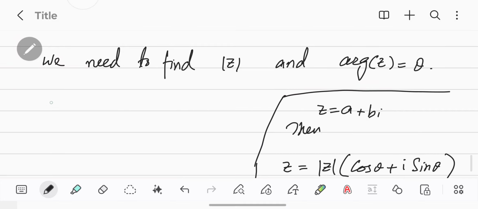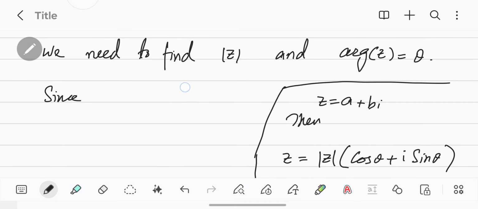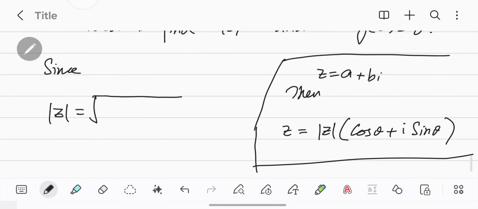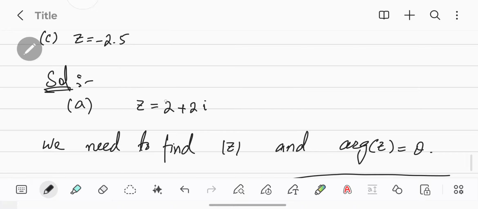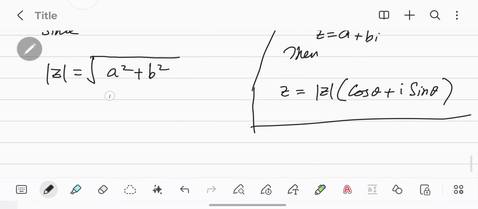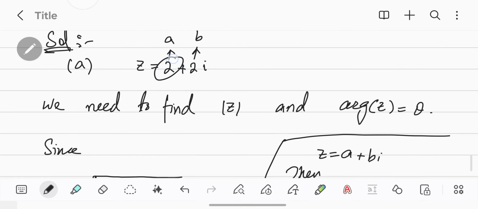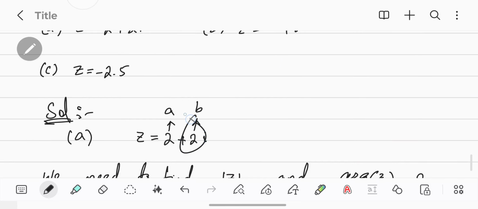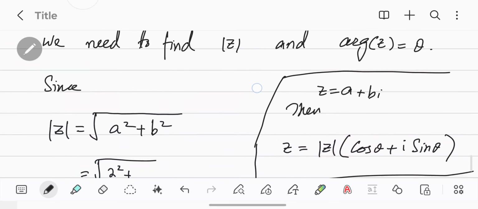So the modulus is determined by the square root of a square plus b square. If you look at Z, here the real part is a and the imaginary part is b. That means when I am saying a square, I am taking the square of 2. So I will write square of 2 plus, what is b? B is again 2, so I will write the square of 2 again,